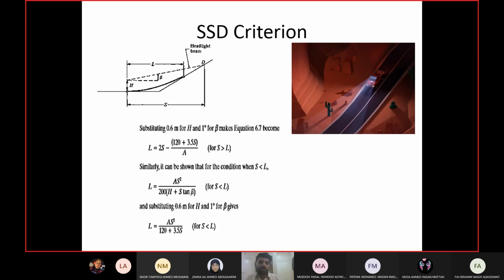The problem will be during the night vision. So even if you are at high elevation, you can only see what is shown by your headlight. Okay, so these equations are for night vision. The equations for design of the sag curve for sight distance criteria are for night vision, because sight distance at night will be restricted because of the headlight. At daytime, there is no problem because you are entering the curve at a higher elevation. Okay. So we have the two equations.